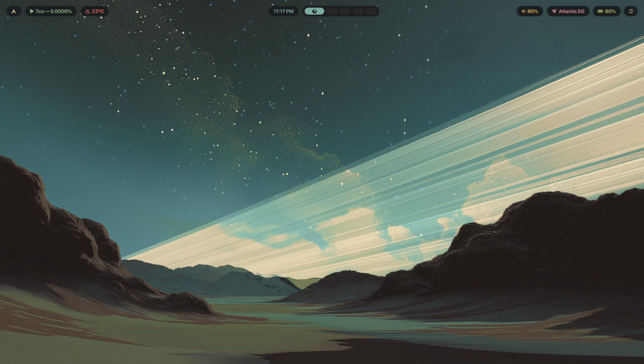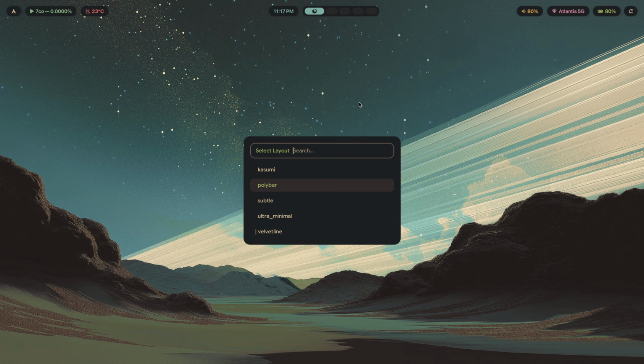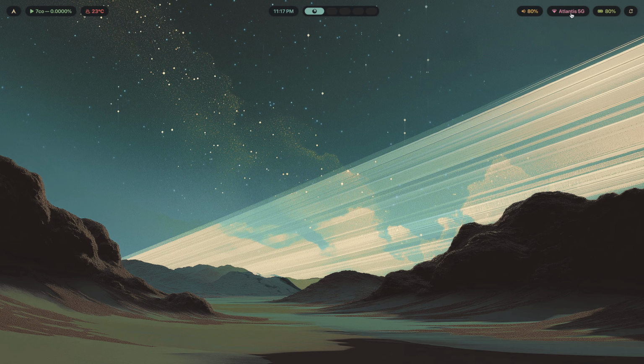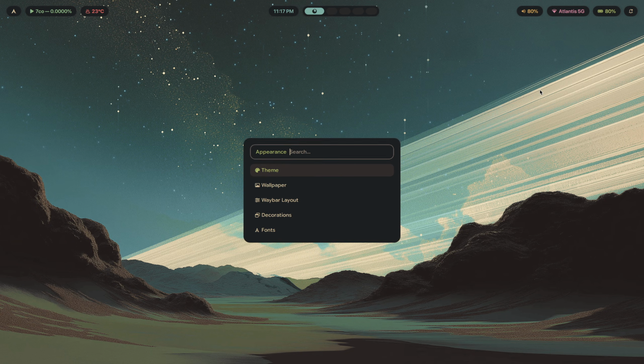The main thing is the bar, the status bar that you're using, because you see it all the time. Take the time to actually get your bar looking good first. Now, if I were to show you a couple of different examples of what bars I have set up, okay, this is actually Waybar. I've implemented a Waybar layout switcher inside of Rafi where I can choose whichever layout that